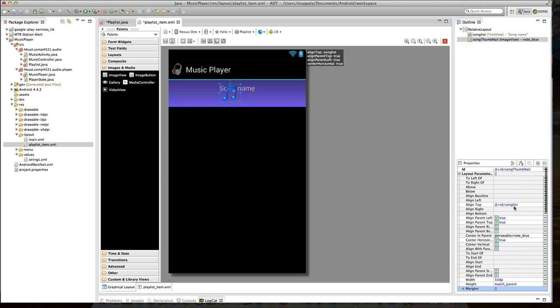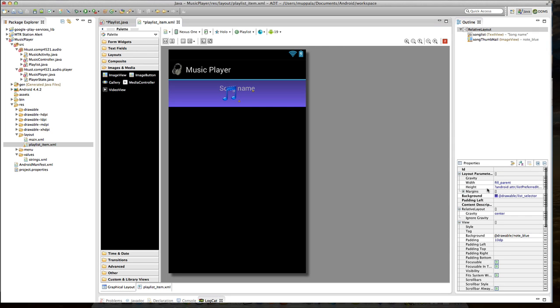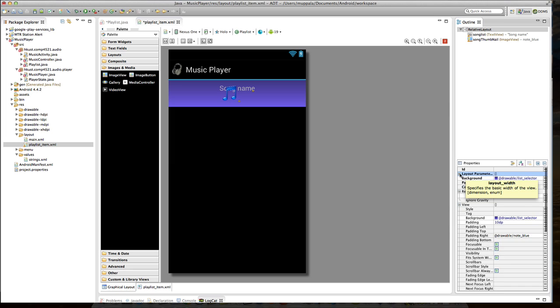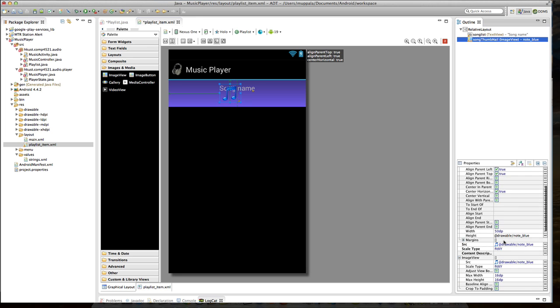Now I am going to remove that alignment, and then in addition for my song thumbnail, I am going to align parent left and top to be true. Okay, so that's for my